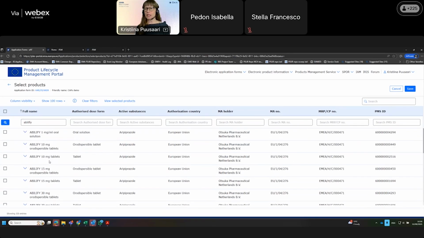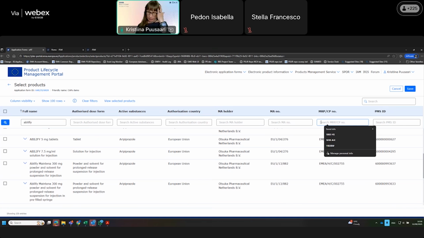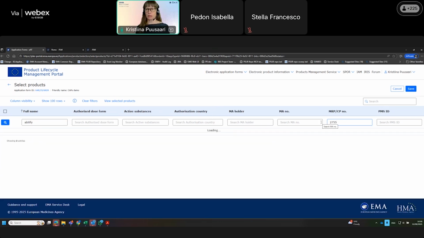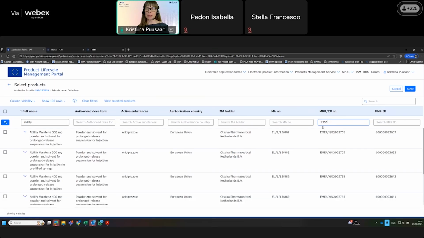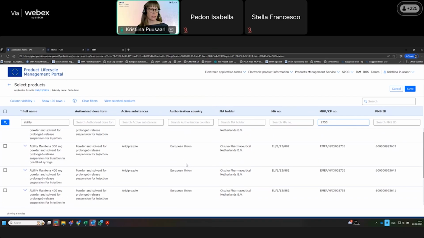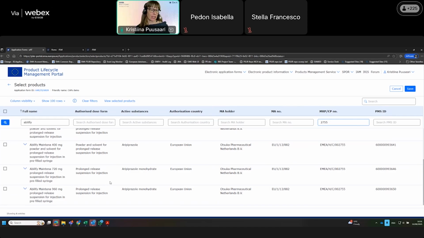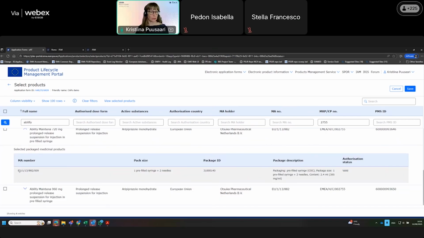If you have multiple products and you only want those particular products, you can make the search more detailed and then you only get those products here. So again, if this particular variation is only for these particular medicinal products, you can also confirm and have a look at the details